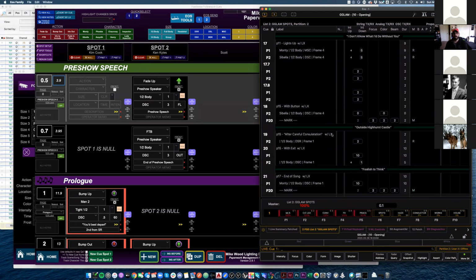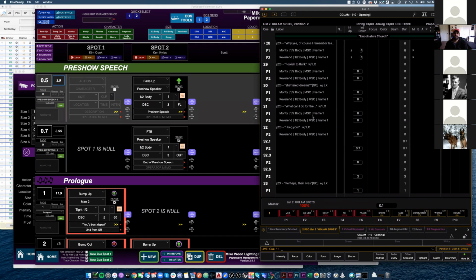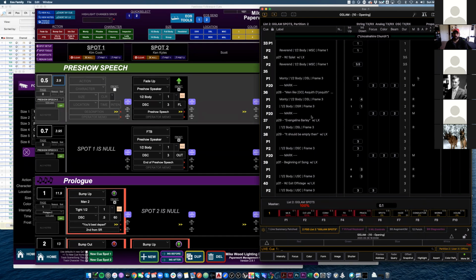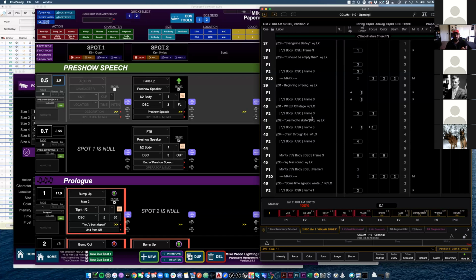But it saves hours of programming time. It also makes a cleaner show file. Right now, the two things that it doesn't do well are marks, because we don't auto mark our shows when we're doing shows of this complexity. Everything is manually marked. One of my big EOS feature requests, and I've requested it several times,